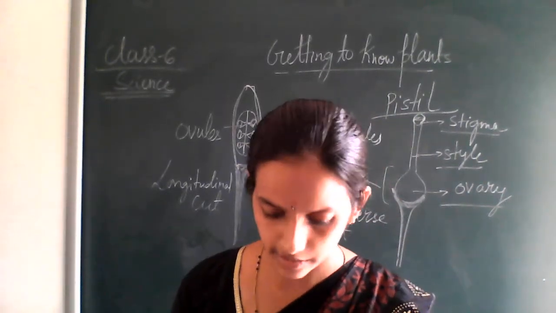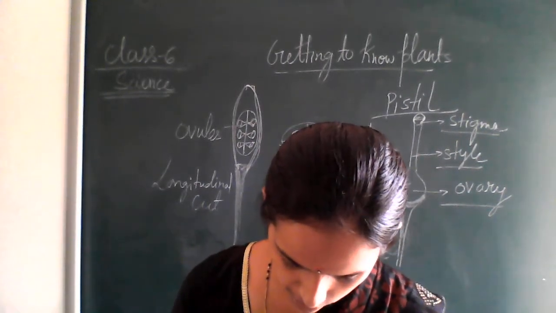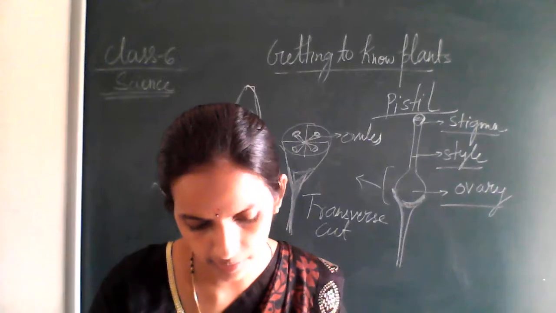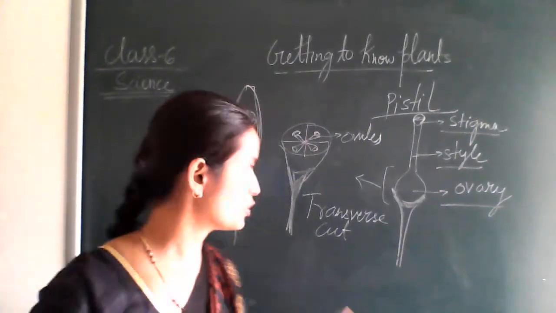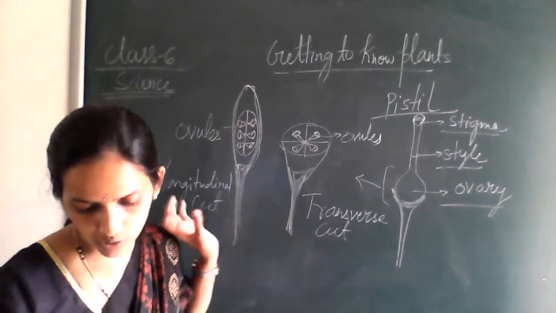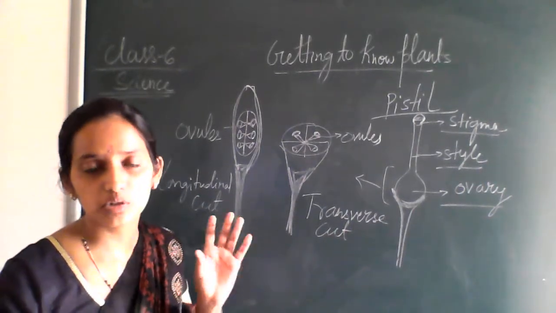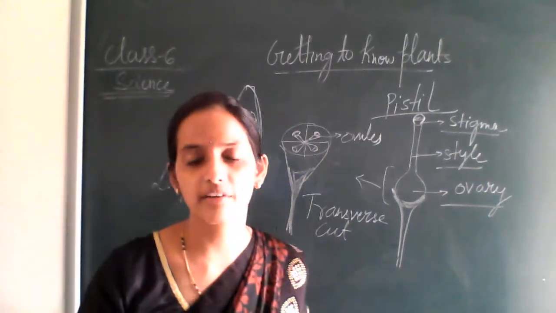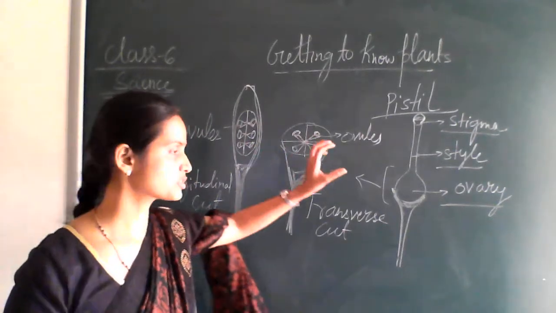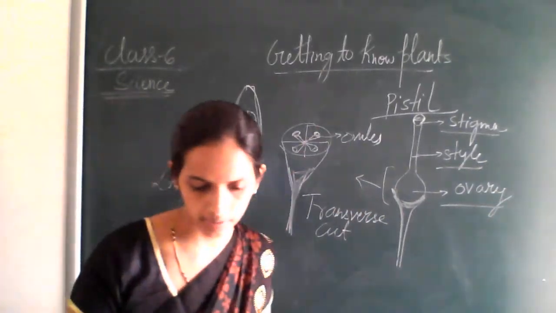Then, draw and label the inner parts of the ovary in your notebook. So you are going to draw the parts of the ovary, as it consists of ovules. Okay. So beads you understand, round, round. Different colors of beads we have, even we have different ornaments which are made from the beads, right? So the same small round structure you can see in the ovary part, that is the ovules, right?